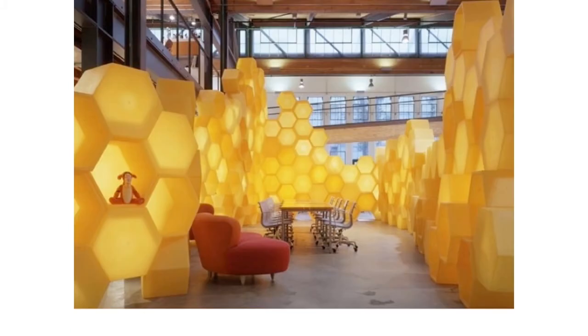This is the same. It might even look like a kindergarten, but these are serious companies like Google and big advertising companies. They all use these environments because studies have shown that if you are in an unexpected and creative environment, you also get more creative. Now I will show you